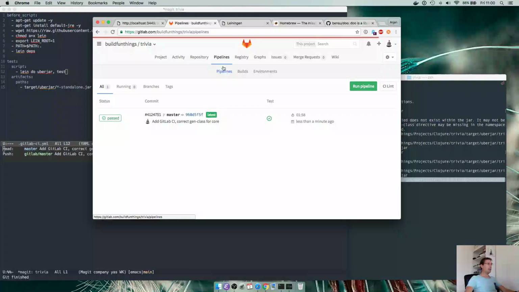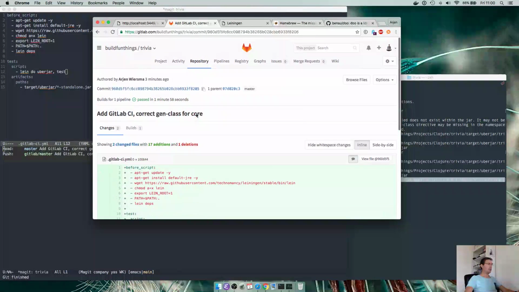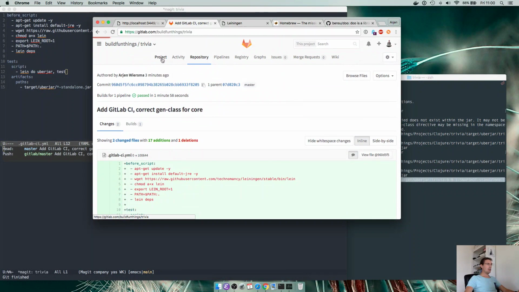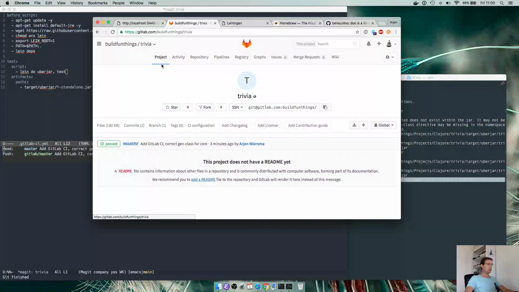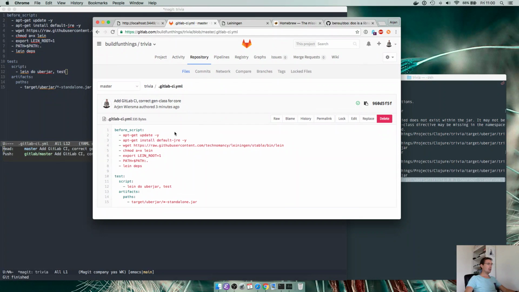If you look at the pipelines, we had one build, this is the latest, it is beautiful. And this is the diff that we have. We should have some artifacts now as well. Let's see where they are. This CI configuration that we already know. Where did our